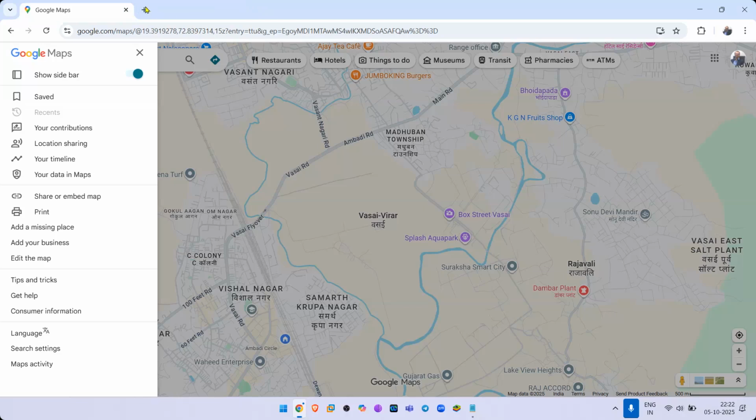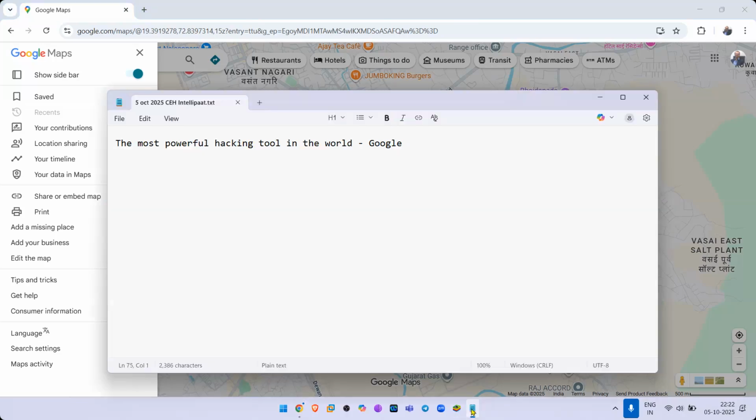Now I'm going to show you one of the most dangerous tools. This is called Google Dorks. This is not DOCS, this is DORKS, Google Dorks. What is a Google Dork? Basically, somebody invented Google, and then a lot of people started using Google.